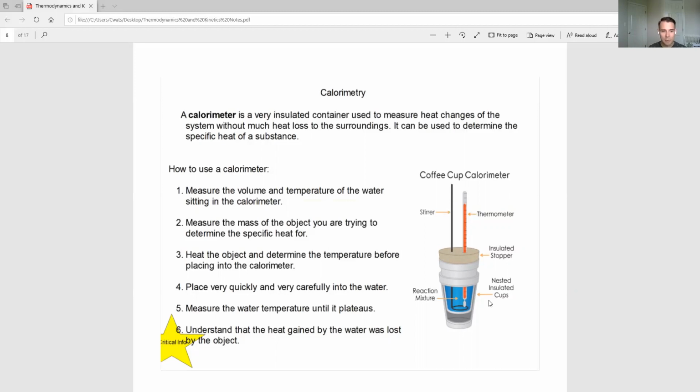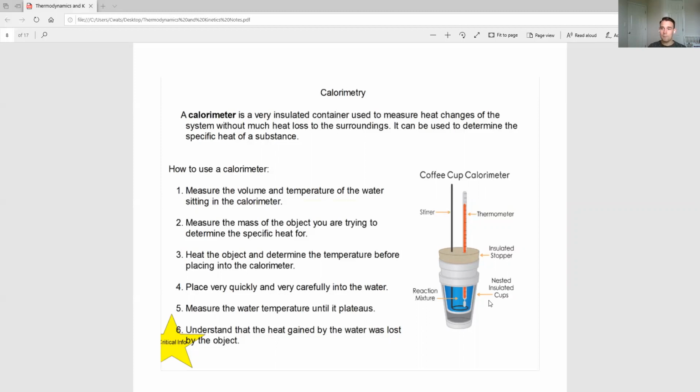So how a calorimeter works. It says measure the volume and temperature of the water sitting in the calorimeter. So you start with a coffee cup, add a certain amount of water to it, you know the volume, and then you take the temperature of it. Then we're going to find the mass of the object that you're trying to determine the specific heat for, so a piece of metal. So what you do is you heat up the object to determine the temperature before placing